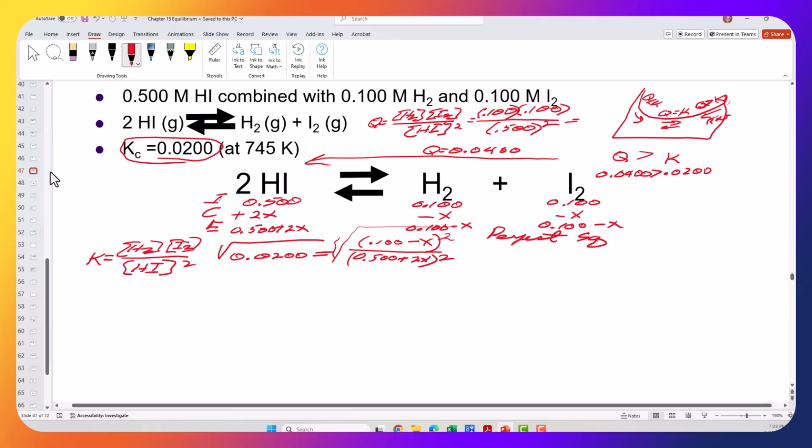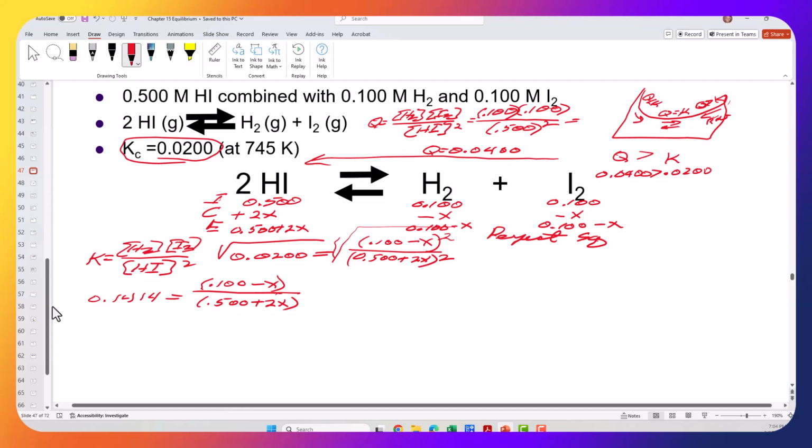So let's go ahead and do that. First thing I'm going to do is take the square root of 0.02. So I'll plug that in the calculator, and that gives me 0.1414. So I've got 0.1414, and then that will be equal to 0.100 minus x, and then divided by 0.500 plus 2x. Now, all I'm going to do now is I'm going to move the 0.5 plus 2x to